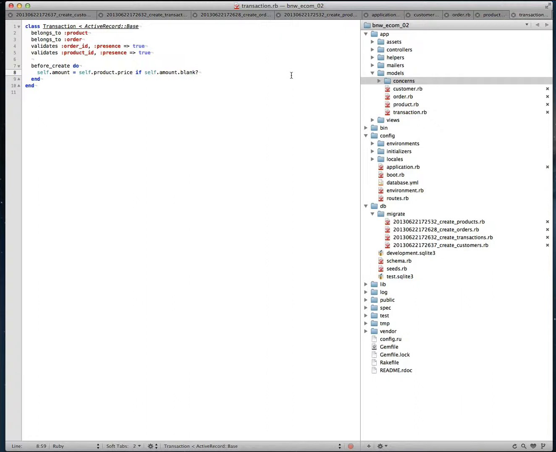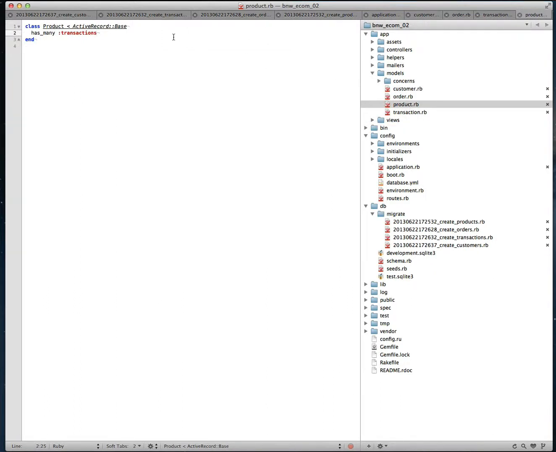What we are going to do today is create a statusable concern. A product may have many statuses, just like a blog post could have a status, an active status, an in progress status, whatever it may be. For a product, we want to have a status. We're going to talk about the stock status, so we want to have in stock, out of stock, all of that,